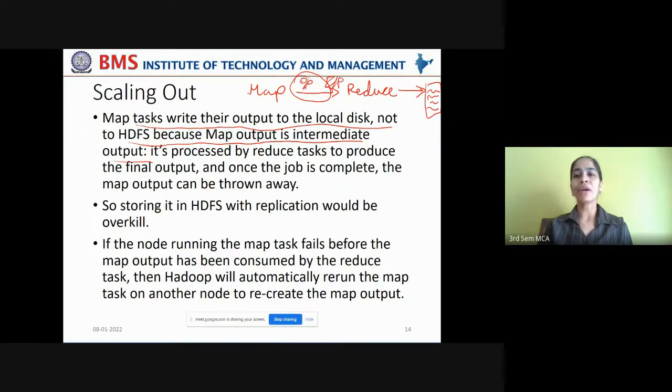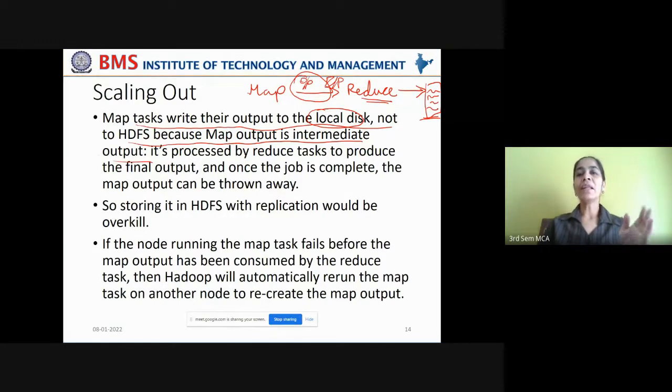Actually, it is not required because the reduce task already works on the input and gives a consolidated result into a file. That is why the intermediate output of the map task has to be disposed. It need not be written anywhere. So for the time being, it will write the map task's output to a local disk.